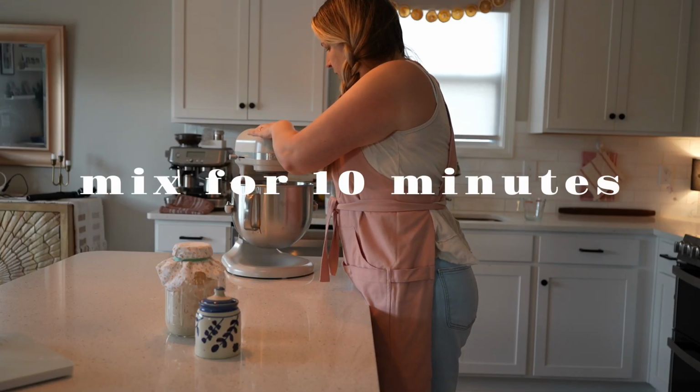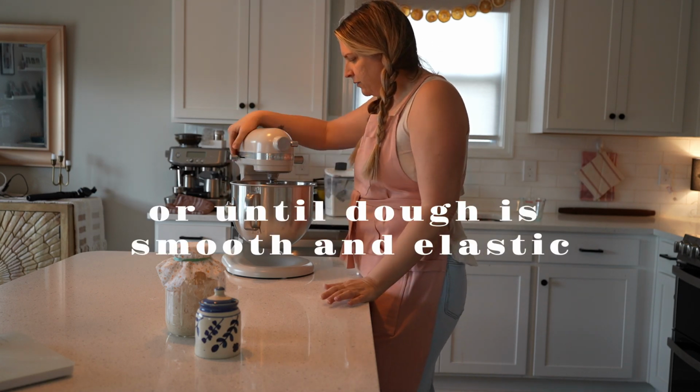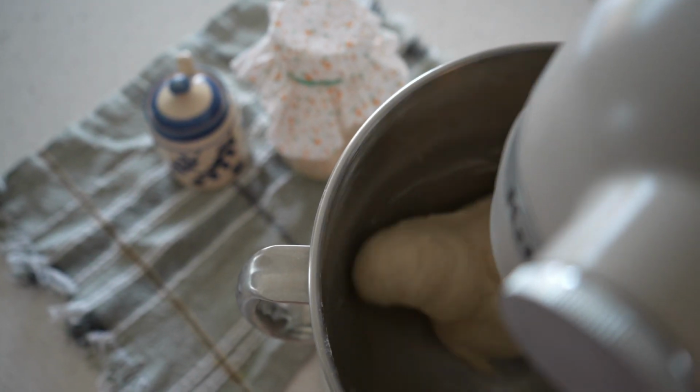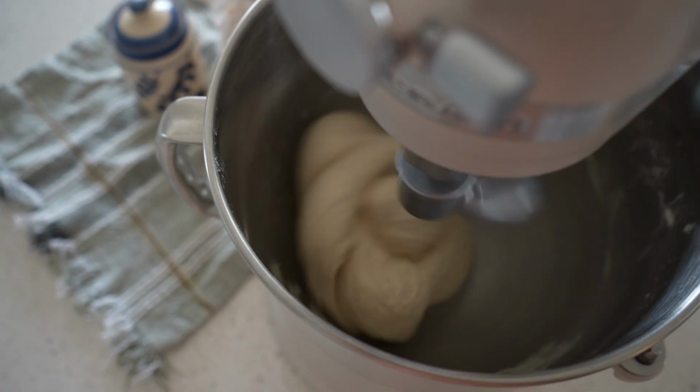And then I'm mixing this for about 10 minutes. So I like to start on a slow speed just to get the ingredients combined. And once they're combined and shaggy, I bump the speed up to medium and mix for about 10 minutes in my stand mixer. If you don't have a stand mixer, you could do this by hand, but it will be